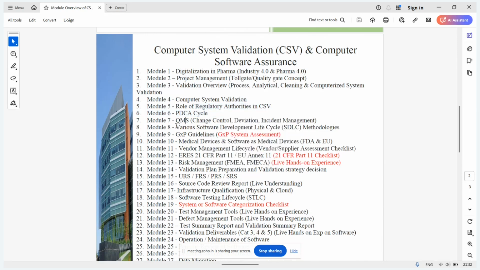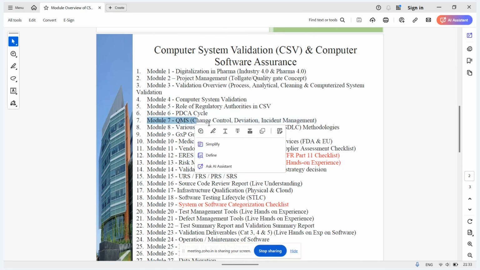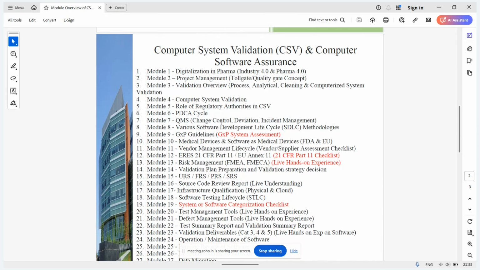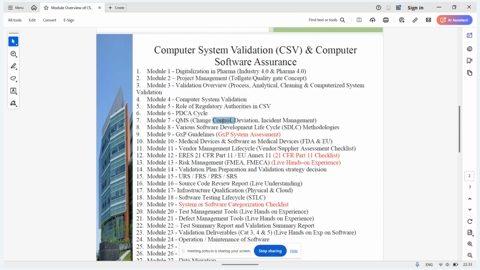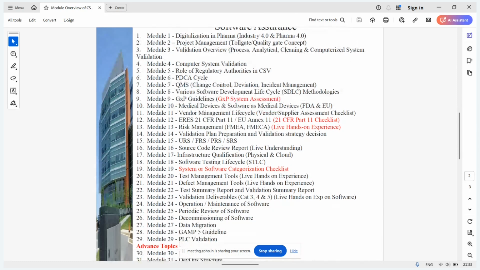We are going to discuss QMS. Most people are aware of change control, deviation, incident. But for those who are not aware of what a change request or a deviation incident is, we are going to discuss those things plus advanced things as well. For IT-related change requests, it will be new for everyone, and we are going to discuss that separately in these modules. Okay, about IT-related change requests, how the software will be handled with version controlling and all.